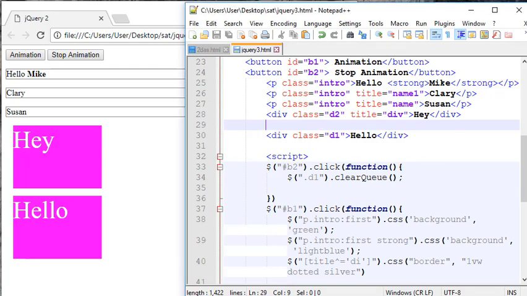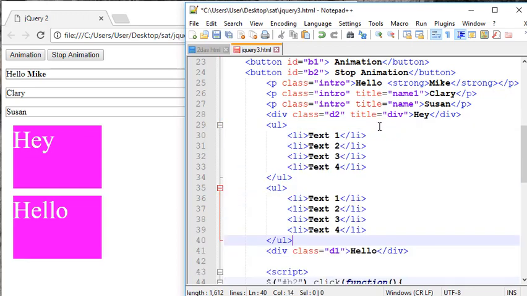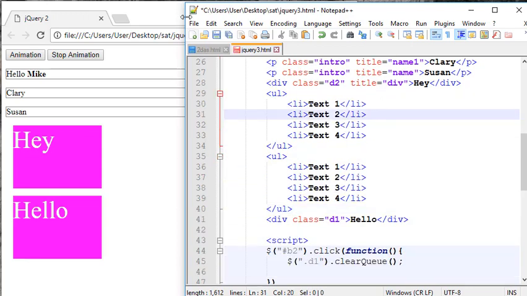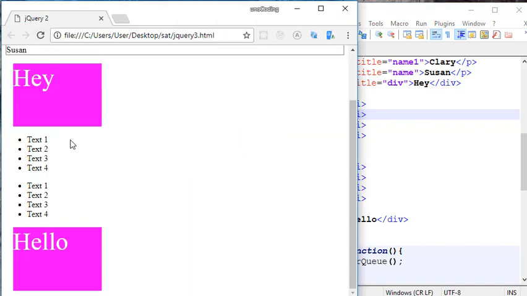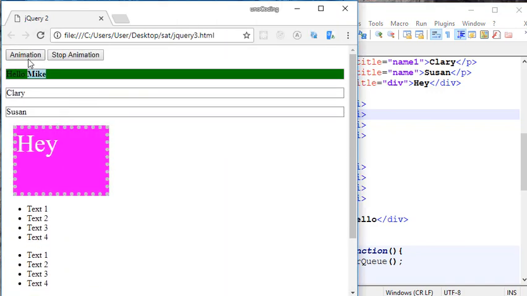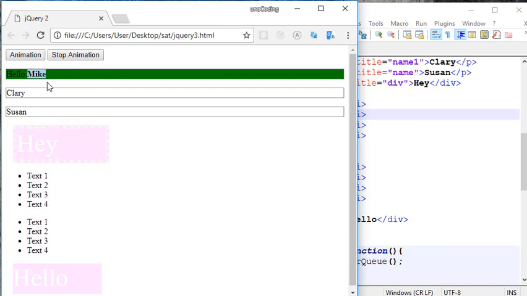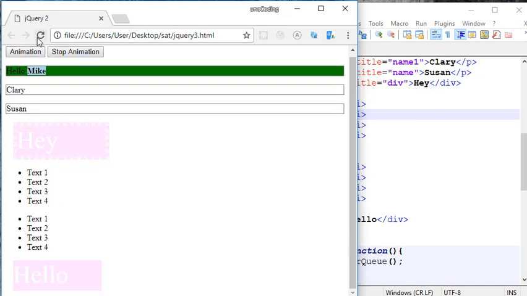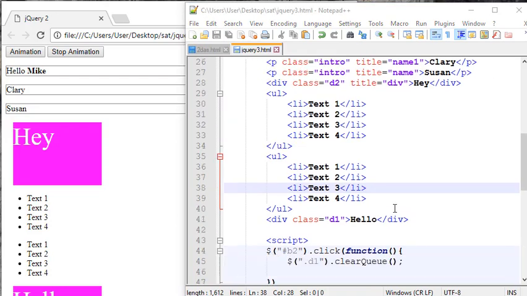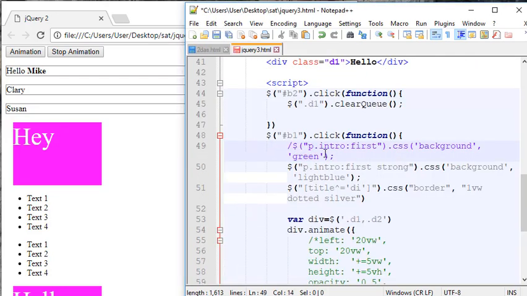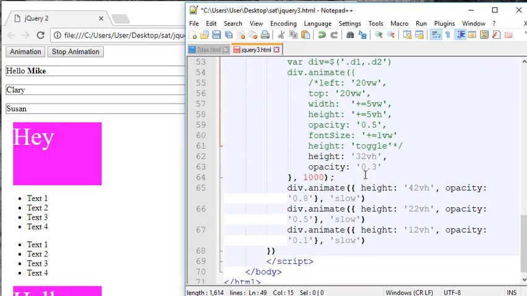Now to move on, let's go ahead and create some easy lists, so UL and LI tags that we've learned way before in the past. So go ahead and create something that looks like this. Save, refresh. We're going to get our lists right here. We still have our animations and our green background with the blue background, by the way. Let's continue. Comment on this code right here,